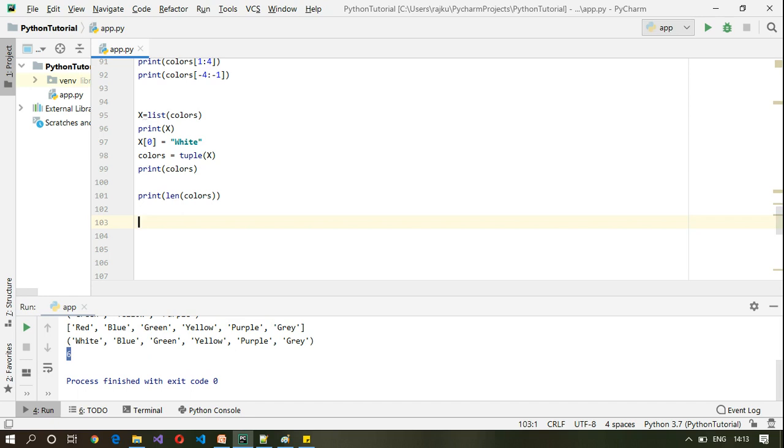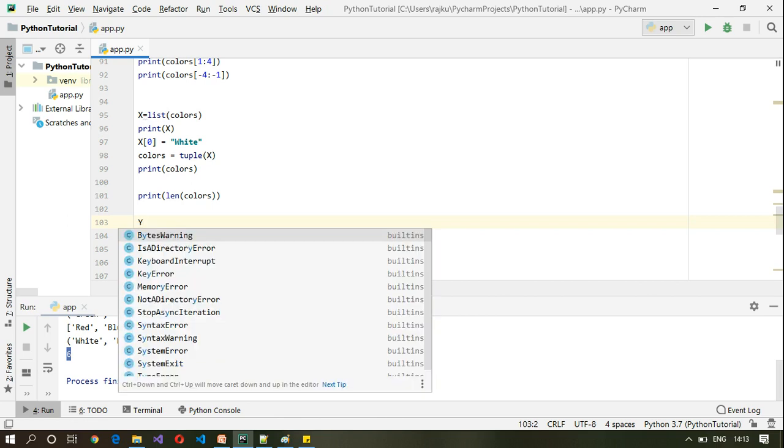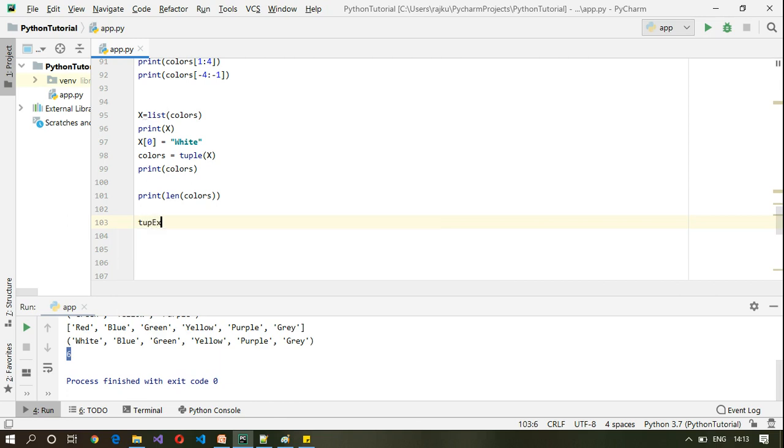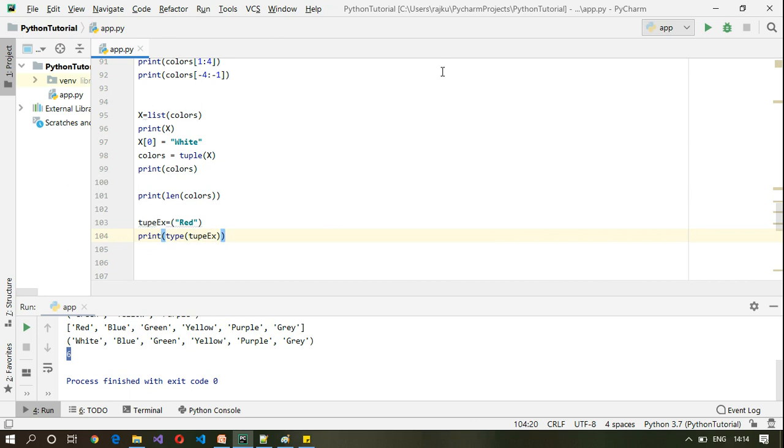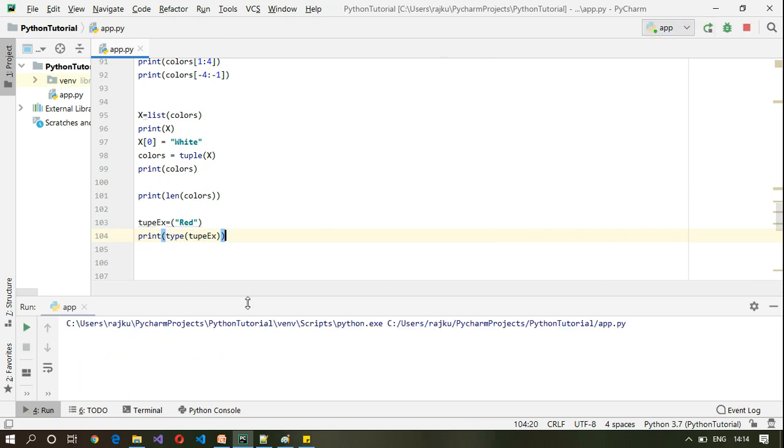However, there is one thing you need to bear in mind. If the tuple contains one item, then you need to ensure that there is a comma after the first item. For example, I want to define a new tuple, tuple x is equal to red. Let me do print type of tuple x. Let me execute this.